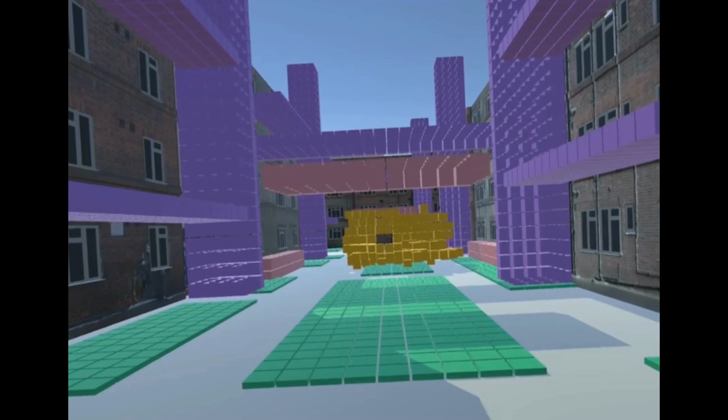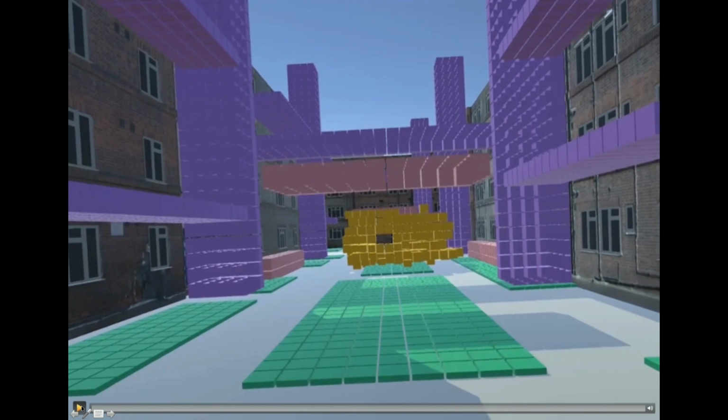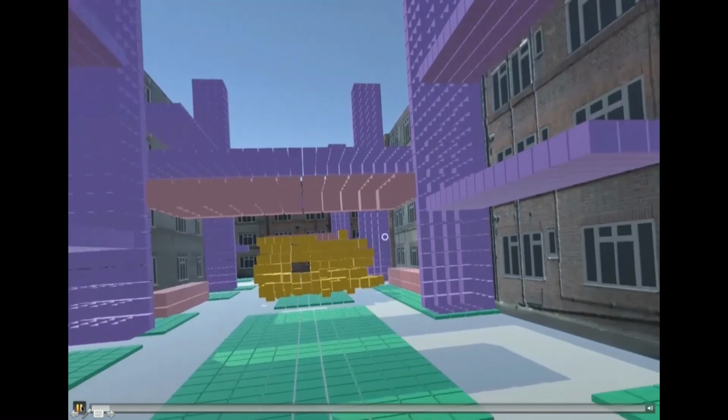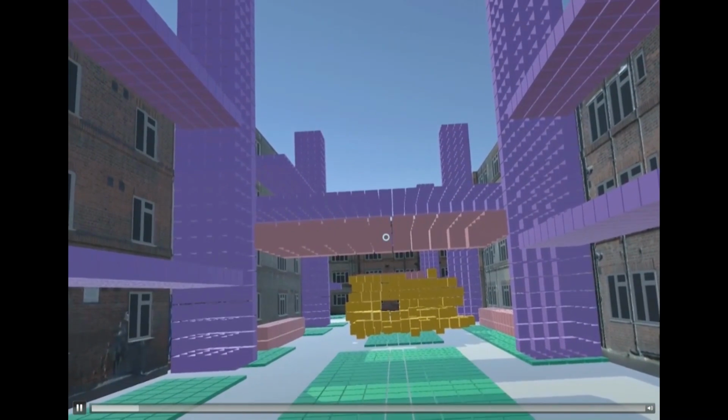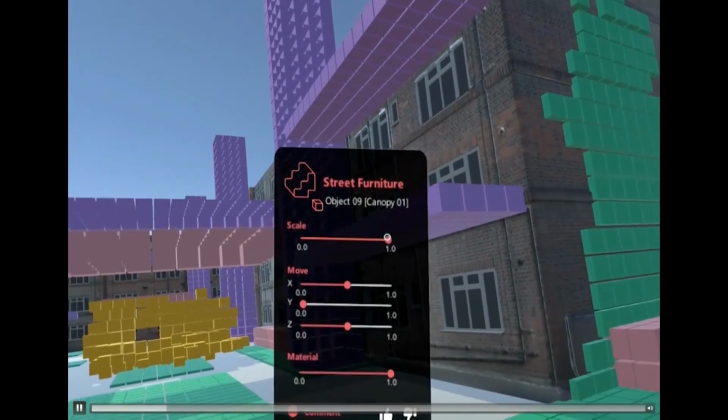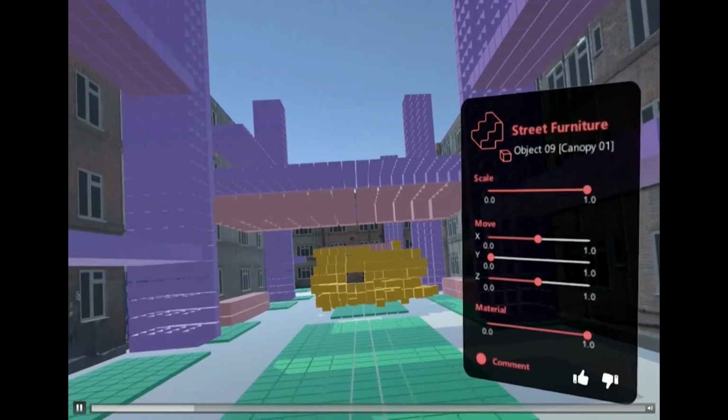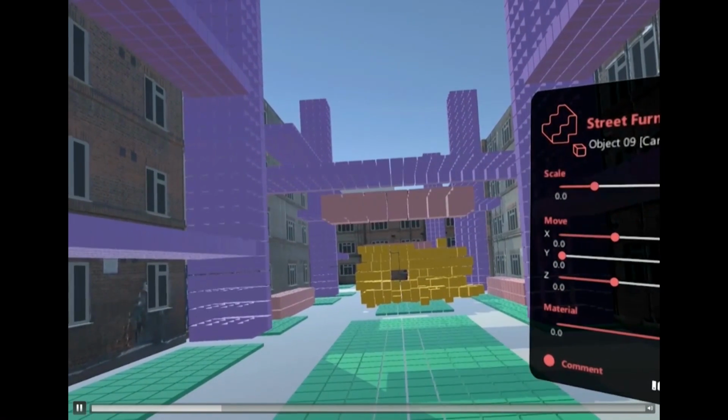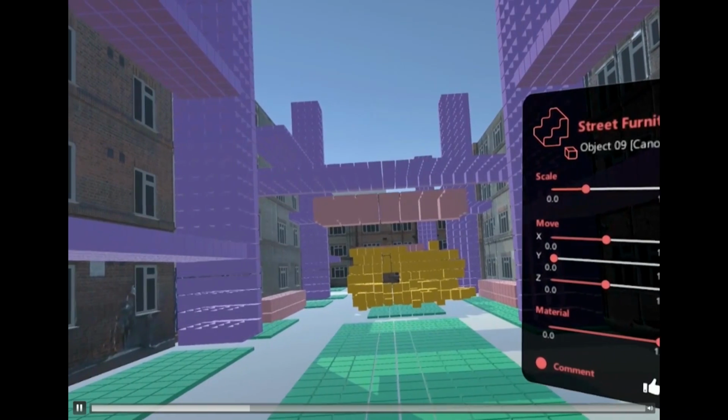Once again, we ran a second experiment where the player is able to see this transformed geometry, and we gave them specific parameters so that they can evaluate them.